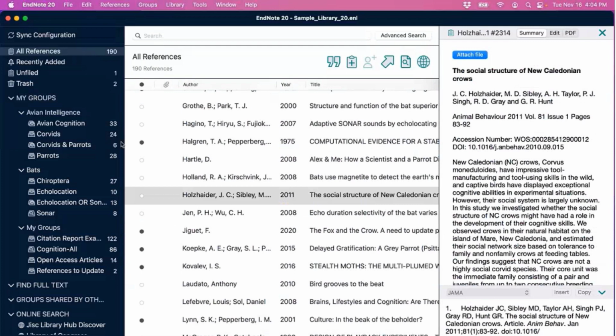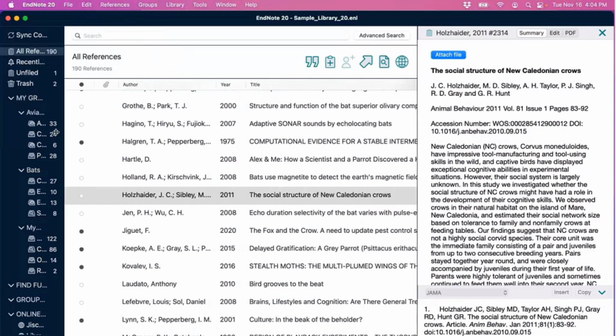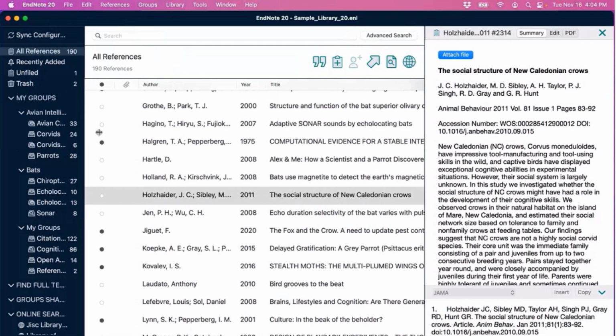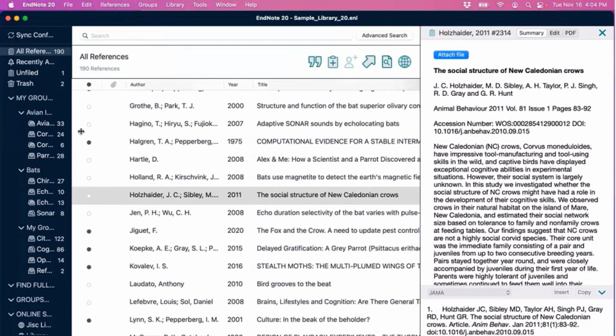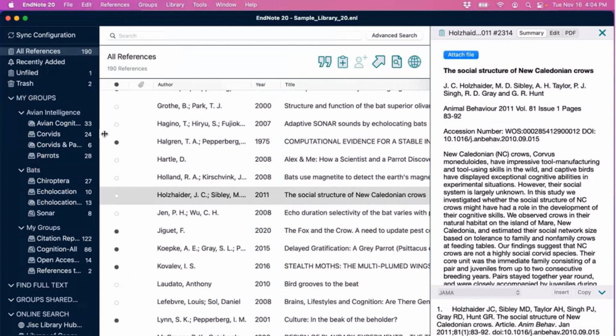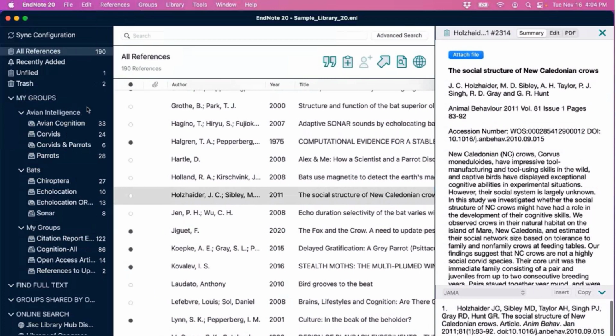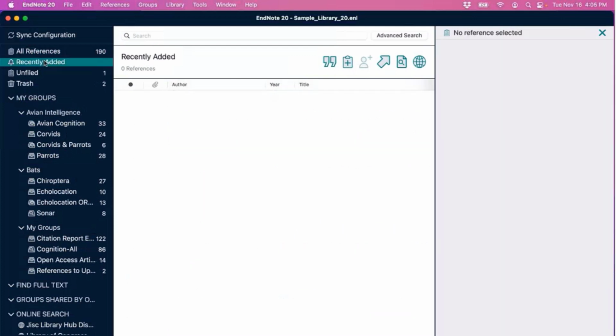On the left side of the library window, we have the Groups panel. This can be resized, as we see as well. It can't be completely collapsed, but you see we can resize this here in EndNote 20. This groups panel will always include default groups such as All References. This shows you every single entry stored in an EndNote library. Recently Added by default will show you references added in the last 24 hours, but if you right-click on that, you can toggle it to show you references added in the last 7 days, 14 days, or 30 days, your choice.